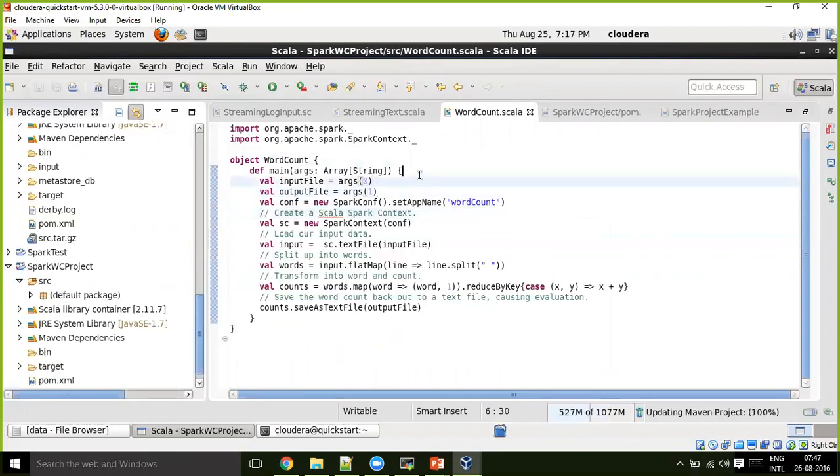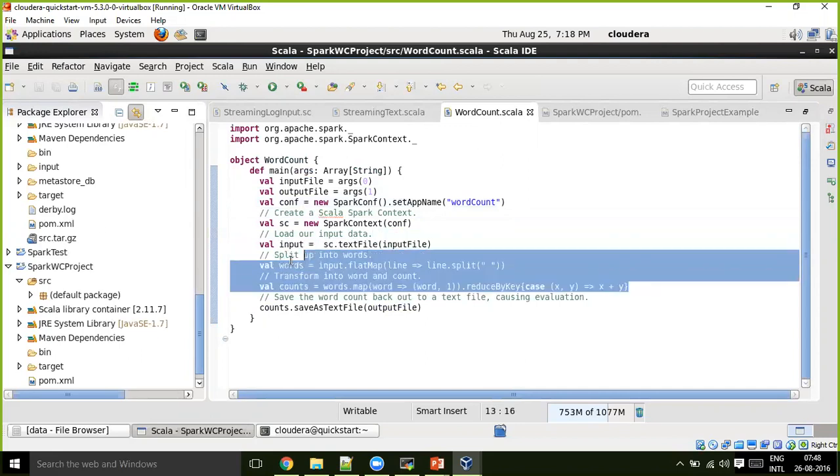coming to the code in the main method, I'm taking the input file from argument 0 and the output file path from argument 1. Then I create the object of SparkConf and set the application name, and the master by default should connect to local. I left that, created the SparkContext object, read that input file, and did 2 lines of code.